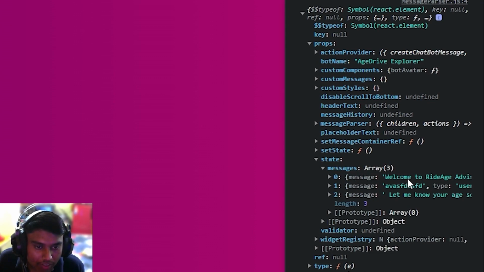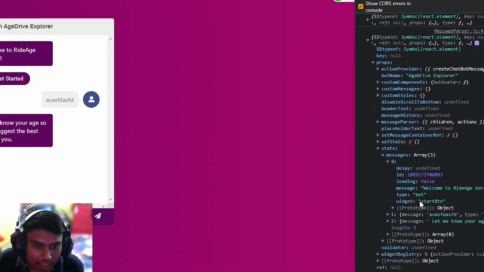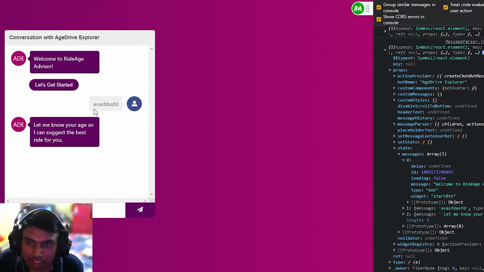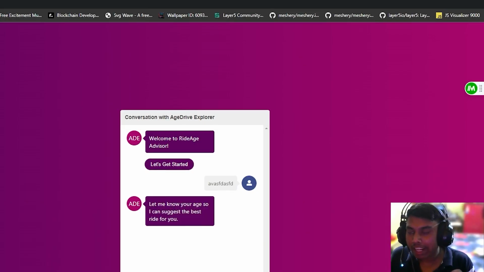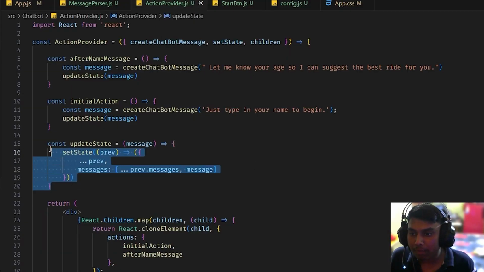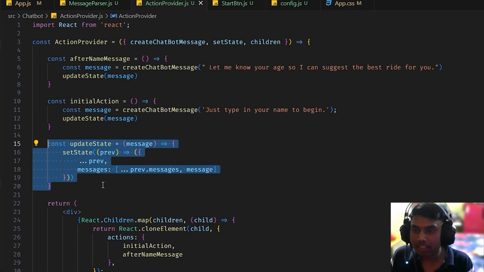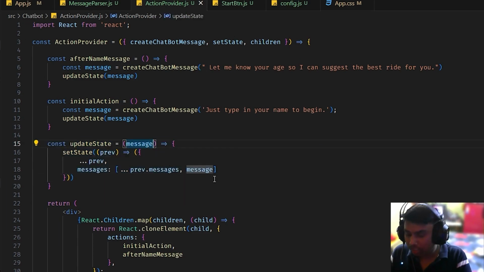The first message is the welcome, right, age advisor, and the second is what I typed to the chatbot, so it's showing me. And the last one is let me know your age. So as a result, you can understand that the update state function is very important to store all the previous messages. Let's first create here